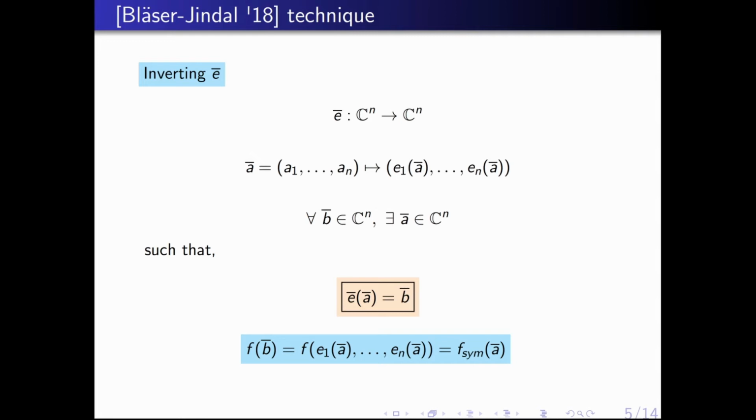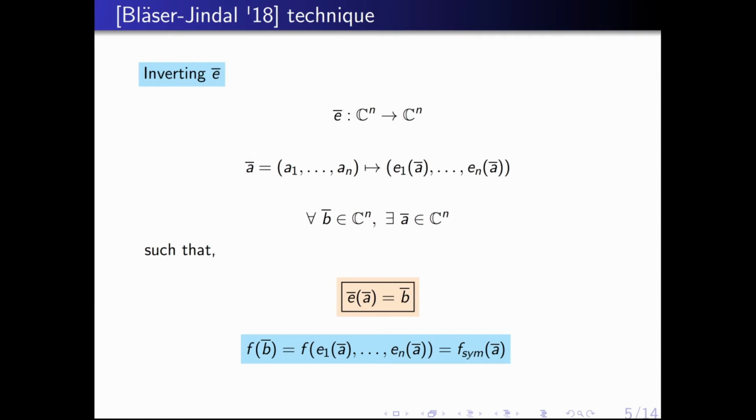Note that here we are talking about evaluations, that is, f at b bar can be evaluated even using the f sim circuit. If we are given the f sim circuit, then I can just plug in a bar and output the same thing that f evaluates at b bar. But what Blaser-Jindal did, they lifted this idea of evaluation to computation. They used f sim to compute f using some appropriate setting of constants.